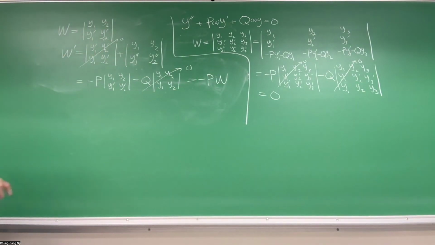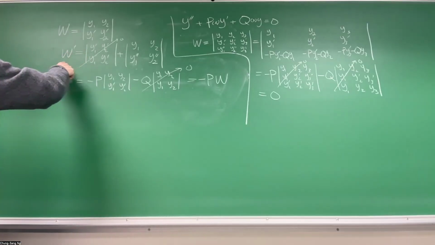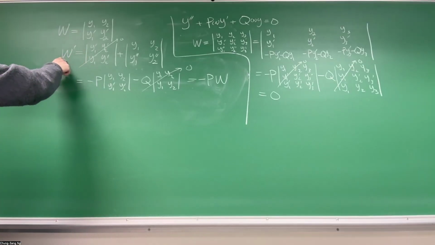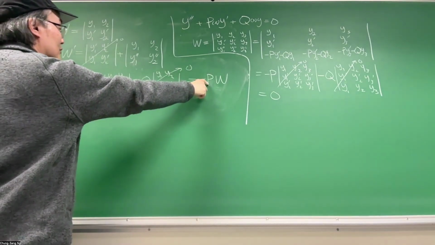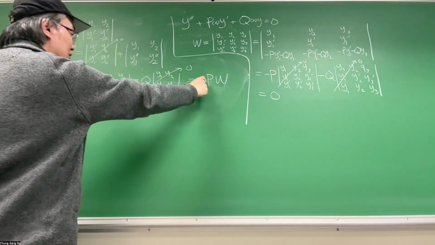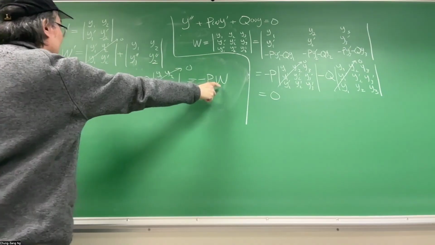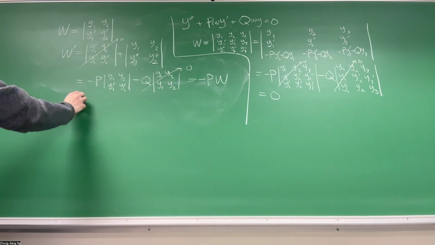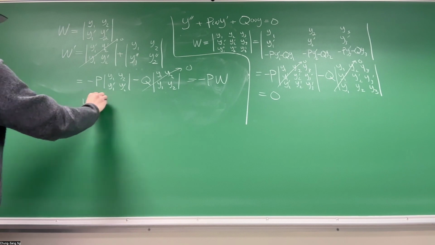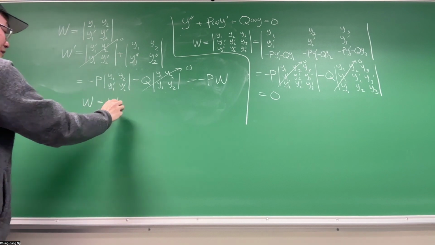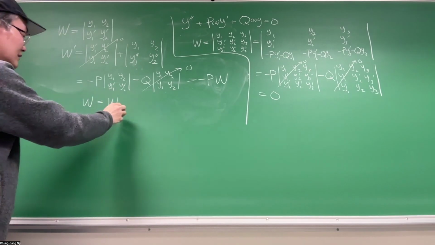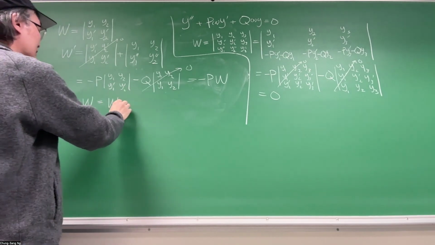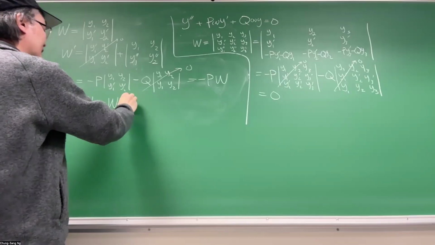Is that okay? Now you found a differential equation, which is a simple one. The first derivative, W prime, is minus p, which is a function of x, times W. You can solve it right away because of the simple nature of this equation. It's separable, and then you can just integrate it out. So W will be given by a certain constant. The textbook calls it W at a certain a or something like that, times exponential